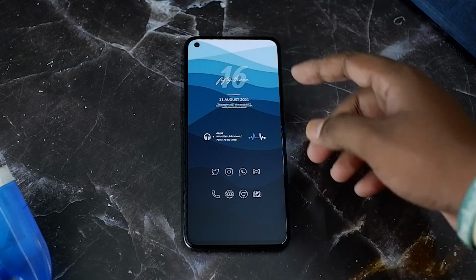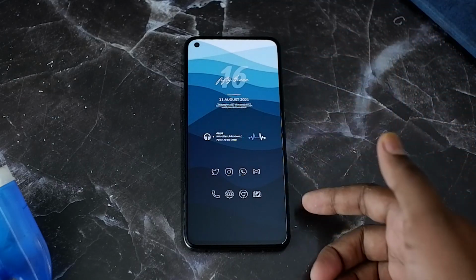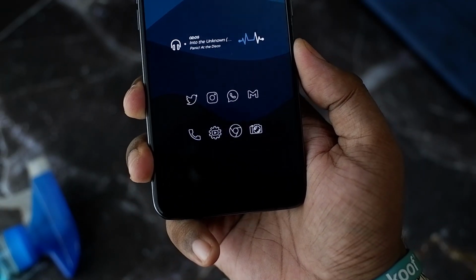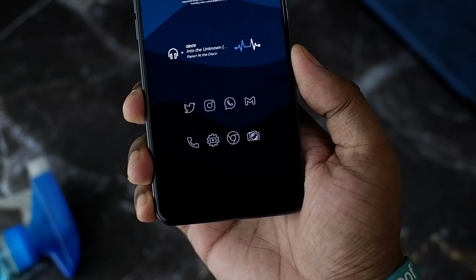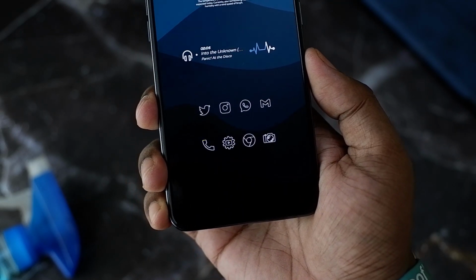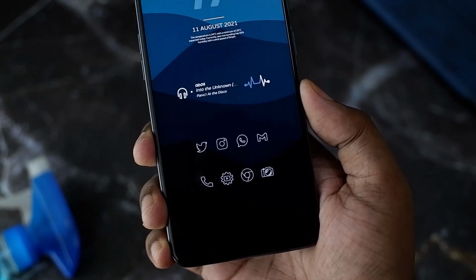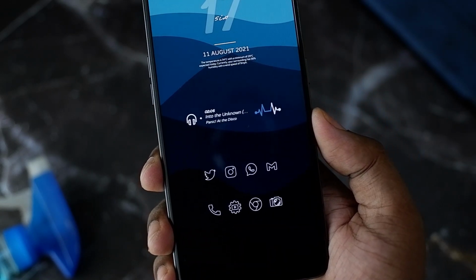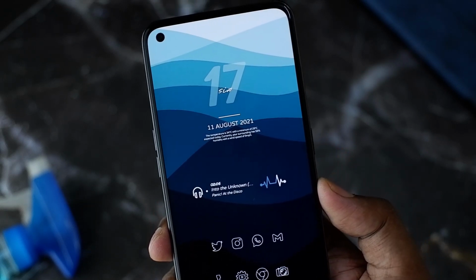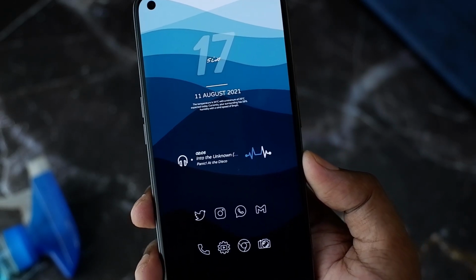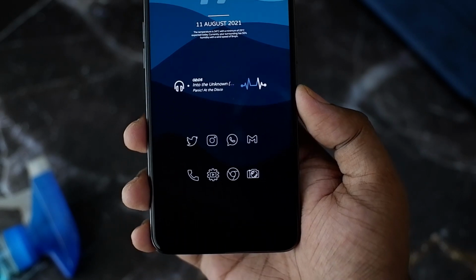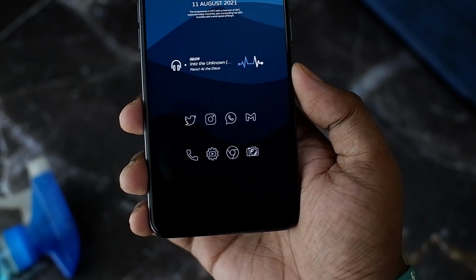That's pretty cool. As I mentioned, at the bottom I have set a few of my favorite icons in a pretty cool layout, and I have disabled the dock, and I have removed the icons and stuff. I have hidden the notification panel, so it looks more clean. In my opinion, the USP of this setup is the wallpaper, and after that the icon pack and everything else. So this is the pretty minimal home screen setup that I've been running right now.